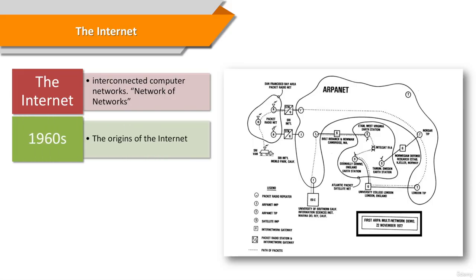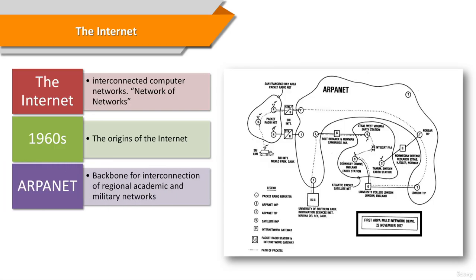The origins of the Internet reach back to research done in the 1960s, commissioned by the United States government in collaboration with private and commercial interests to build robust, fault-tolerant, and distributed computer networks. The primary precursor network, the ARPANET, initially served as a backbone for interconnection of regional academic and military networks in the 1980s. The funding of a new U.S. backbone by the National Science Foundation in the 1980s, as well as private funding for other commercial backbones, led to worldwide participation in the development of new networking technologies and the merger of many networks.